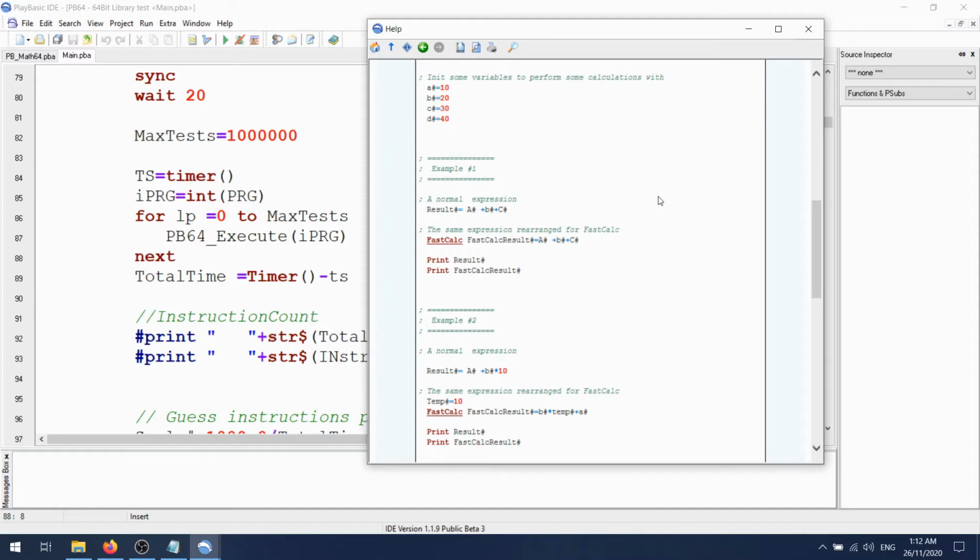And depending on how much of your expression you can stack up and restructure in a way that was comfortable, you could get quite a big benefit. But some of that benefit was lost in old versions of PB because there's a conversion from how the variables are stored in one place into this new solving. So it's copying data from there and putting it in there all the time.